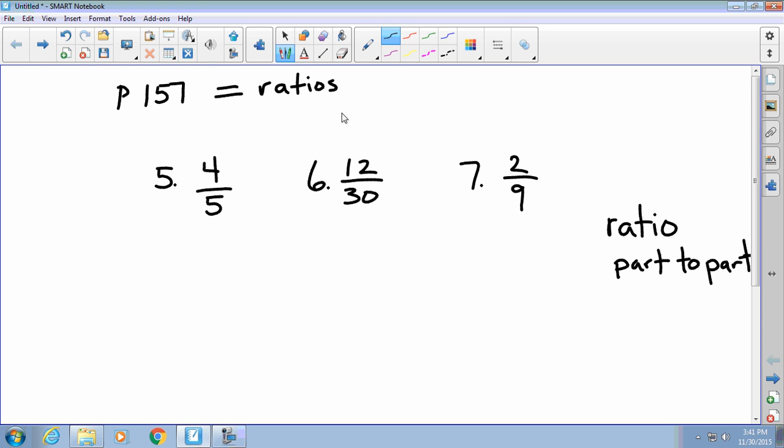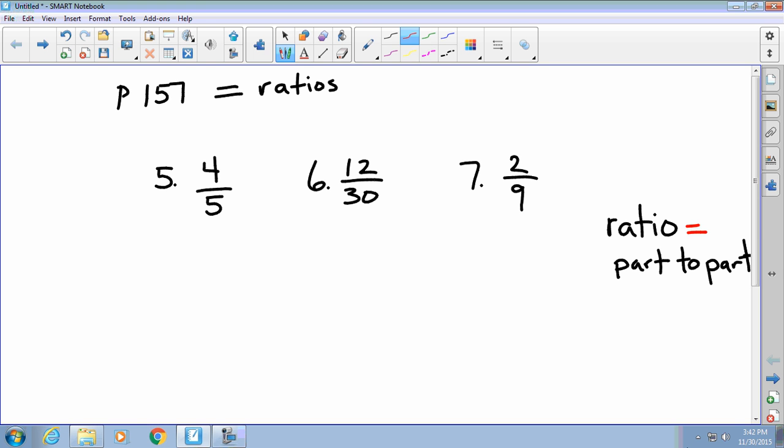Now, when we talk about a ratio, the first thing we have to make sure we understand is a ratio means that we are talking about a part-to-part comparison. These ratios look like fractions, but we are talking a part to part. A fraction, on the other hand, would be a part to whole comparison, or a part to the total. Fractions are always over a total, where a ratio most of the time is going to be a part to